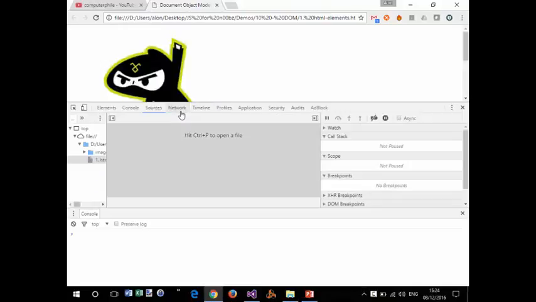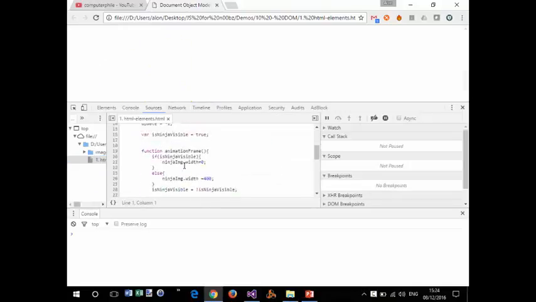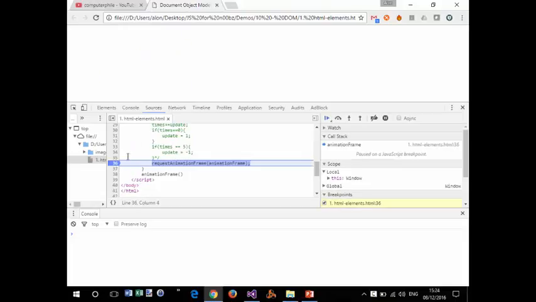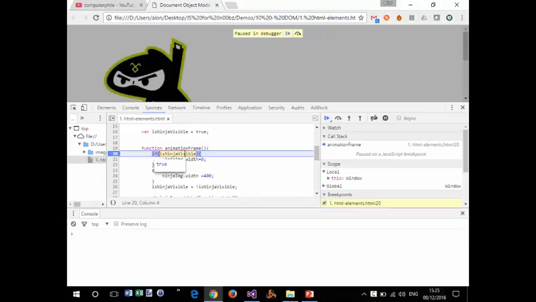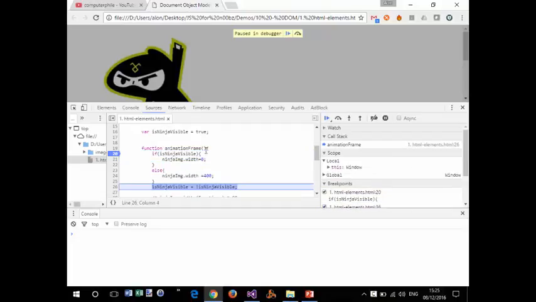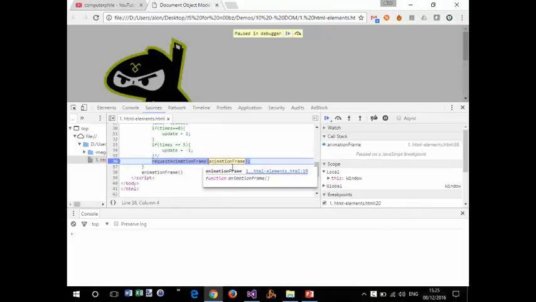So what happens is that it's flickering because this function gets recalled again and again. So every time we get here, right now the image is not visible, or it's supposed to be not visible. They've changed it already. Let's try again. Okay, so now the Ninja is visible, and now we're going to change its width to 0, set it to an invisible state,